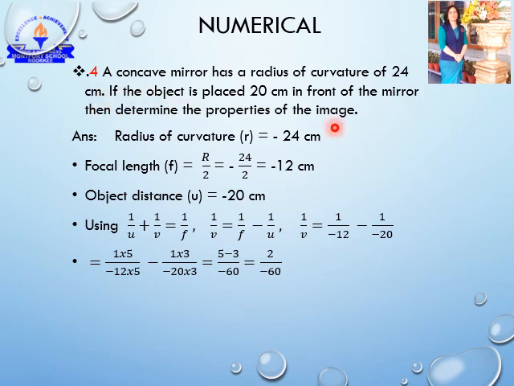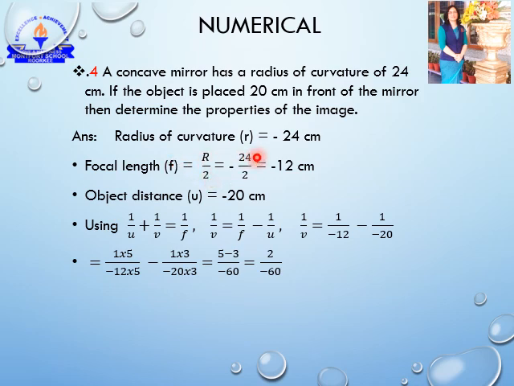Now to find out all these things, let us see what is given to us. Radius of curvature is given to us, that is equal to 24. We know that this mirror is a concave mirror, hence radius of curvature should be taken as negative according to the sign convention. Object is placed 20 centimeter in front of the mirror, therefore the value of U is also given to you, and you know that U is always taken as negative, so this value is minus 20. Hence you get focal length by using the value of radius of curvature, that is focal length is equal to minus r by 2.